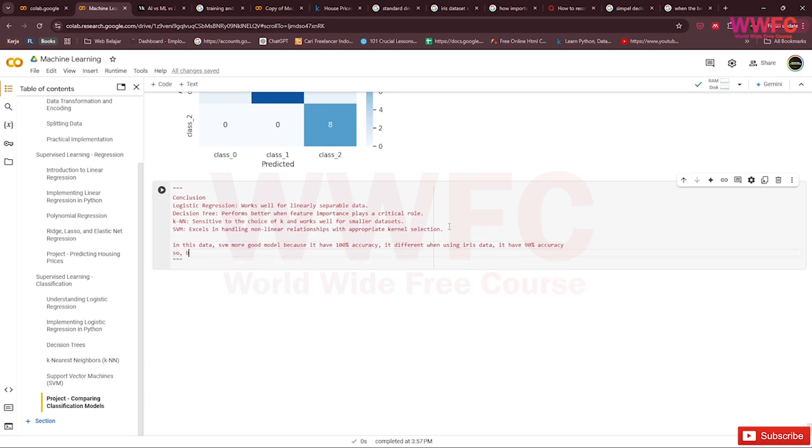So basically, the difference of the data will generate a different accuracy in the model. So there's no one good model. It depends on the data. So this is my conclusion also.